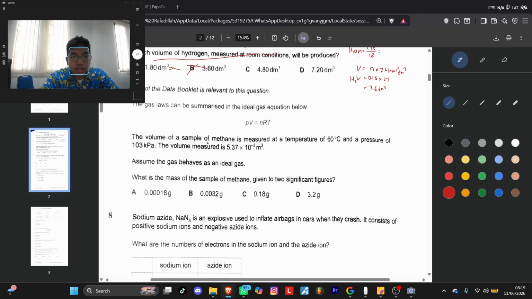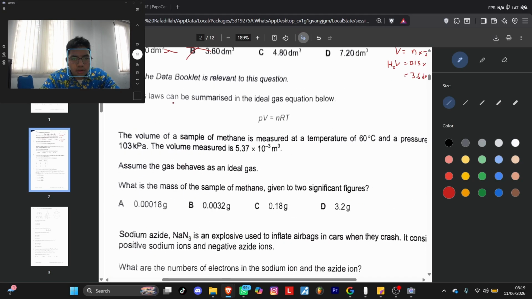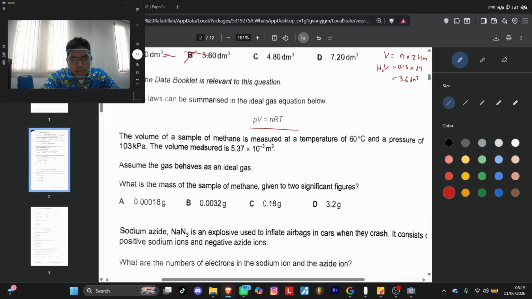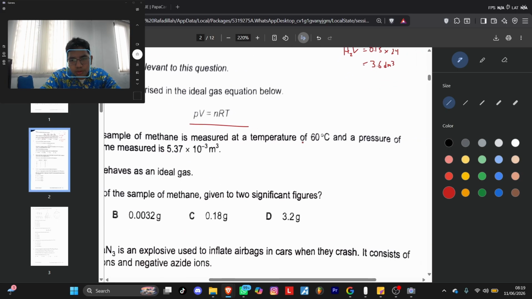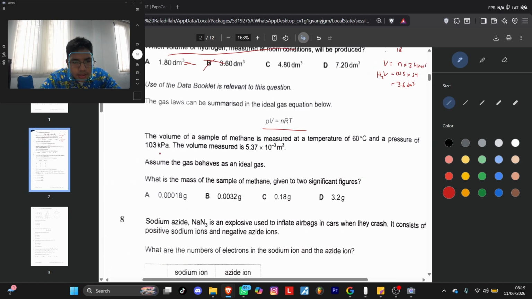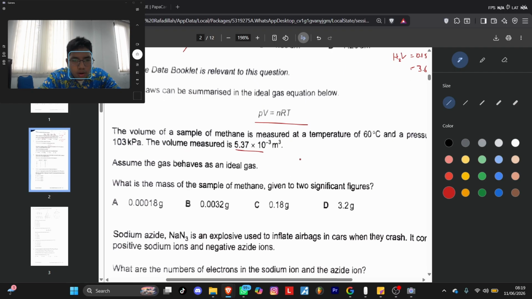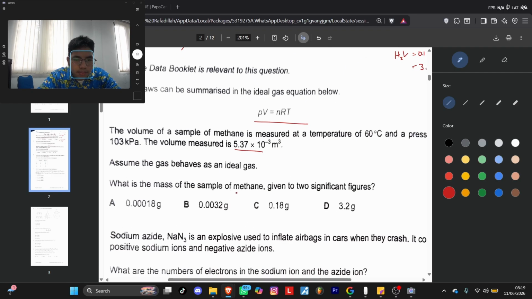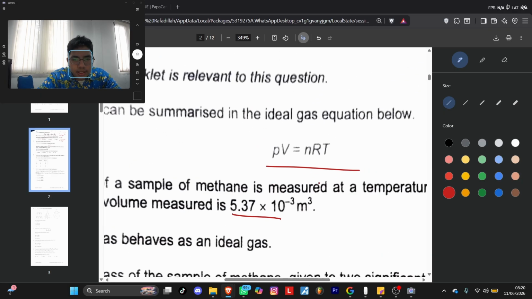Okay, the next question is about the gas law. The volume of a sample of methane is measured at a room temperature of 60 Celsius, the pressure is 103 kilopascal, and the volume is this. So we need to find the mass of methane. We know methane is